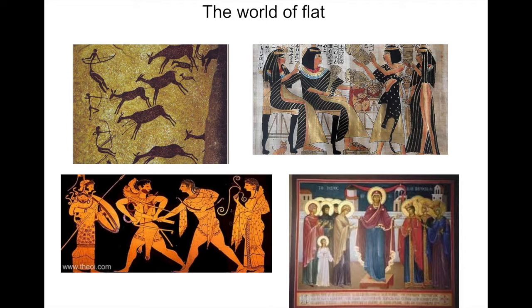So before all of this, there's a world of flat. A lot of intelligent people in different time periods couldn't figure out how to make things three-dimensional, right? So we could see as far back as cave people, but even going into Egypt, where we're doing amazing things. We're building pyramids. We have medicine. We have literature. We have all sorts of amazing things. Still, we can't figure out how to make things look three-dimensional on a two-dimensional surface. The Greeks, the Romans, all this for thousands of years up until